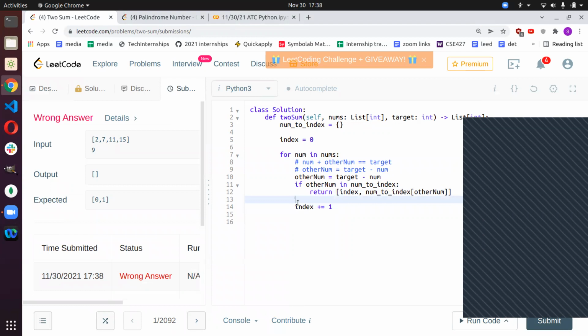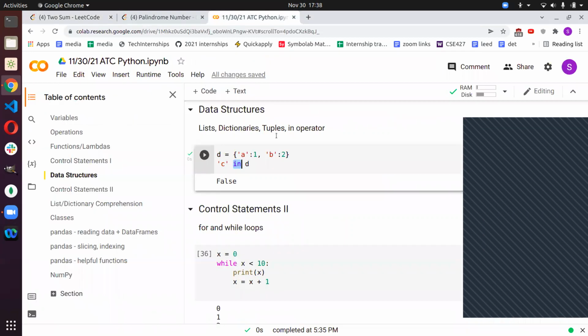I forgot to put it. Shoot. I forgot to go over dictionary or something. Did I go over that? Let me go over that real quick. So to add something to a dictionary, you just do it like you do for a list, but